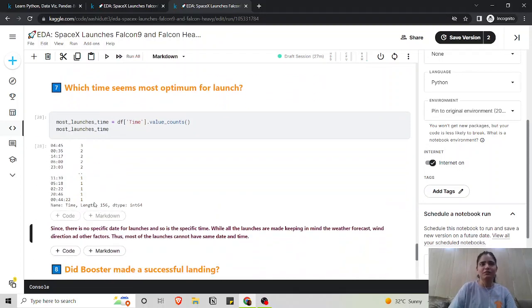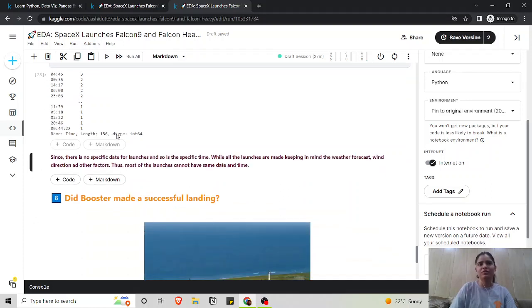See, we have 1, 1, 1 and 2, 2, 3, 3 as the value counts, right? Not really a relation between them. It's kind of common sense as well, that there is no specific time and date for launches. It usually depends on the weather forecast, the wind direction, whether there is some technical fault or not. All these things are what launches depend on rather than a particular date and time, right?